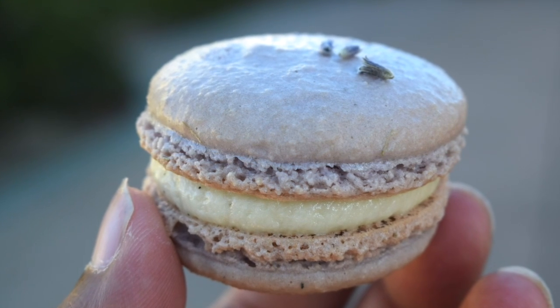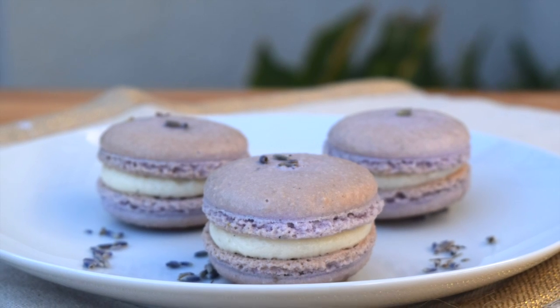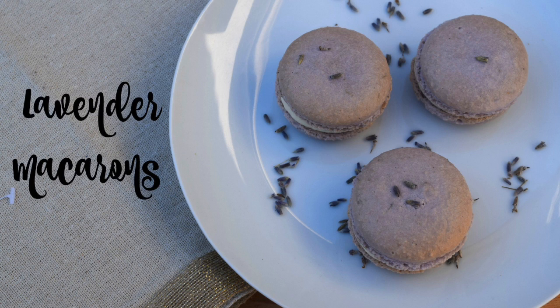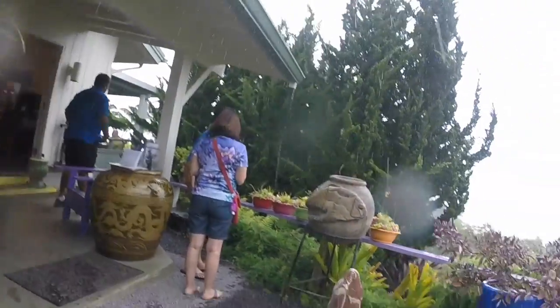This flavor in macaron is probably my most favorite flavor because of the fragrant fresh lavender and because of the addition of honey, which gives it a different taste and just sweetens it to the perfect amount. So let's get started. The lavender that I used in this video was lavender from a lavender farm in Maui,